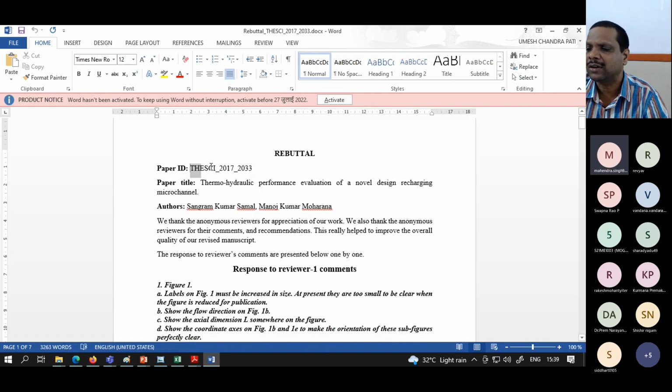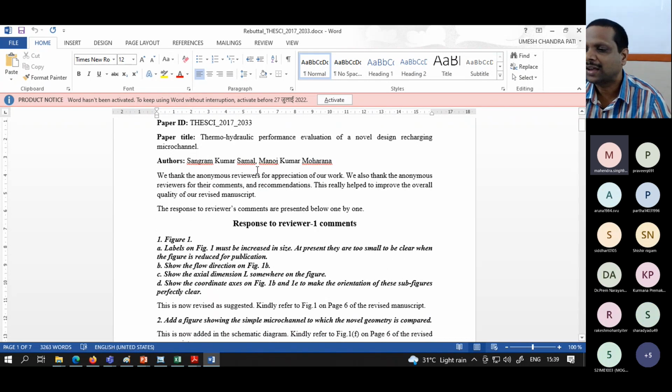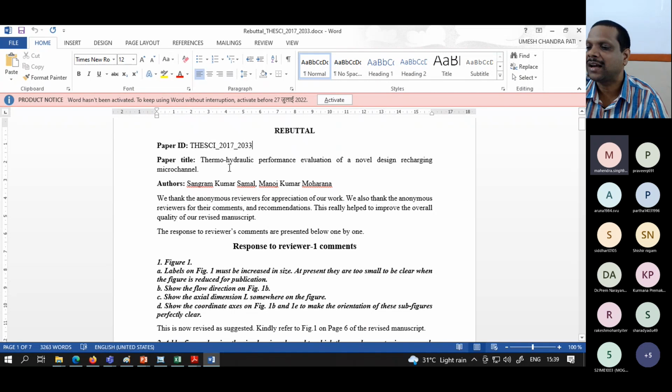So here, simple. Theski is the shortcut name for that journal. This is the year, and this is the serial number of that year. So that means before me in that same year, 2032 manuscripts were already submitted. And in one case, we have seen the acceptance rate is 24% only. So if you consider it is the last journal of that year, out of 2000, only 500 papers are accepted, remaining 1500 are rejected. Okay. So then the title of the article, the name of the authors, then you